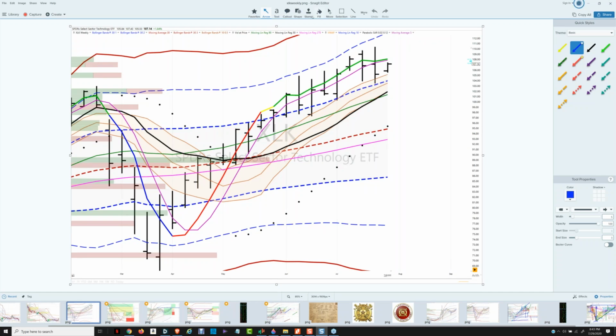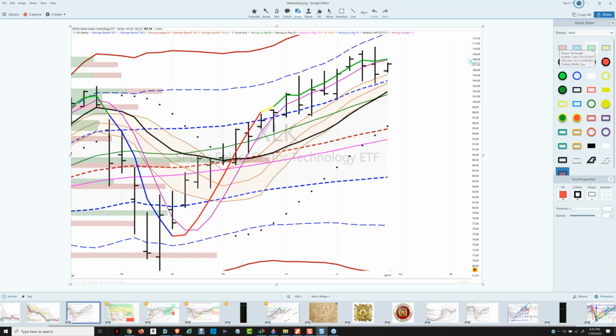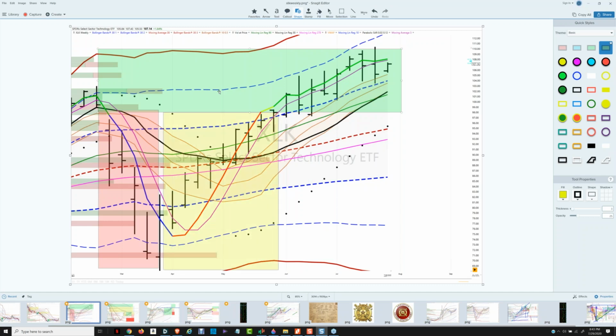Now, the tech leaders have been so strong, as you can tell, that here was the previous hump of the dragon. So that means everything above that line is better than it was before. So that's the outsized gains. If we said the sell-off period was here, the recovery period was this, to get back to parity. Now this is where the real gains are taken off.